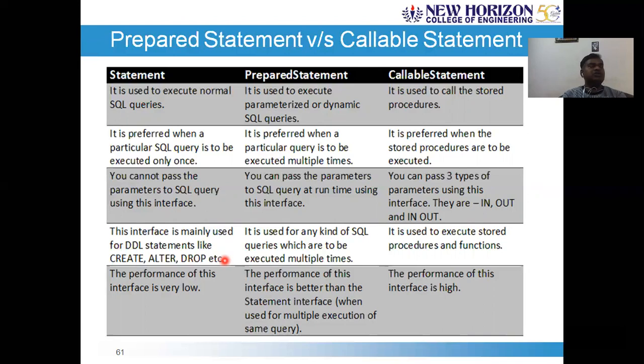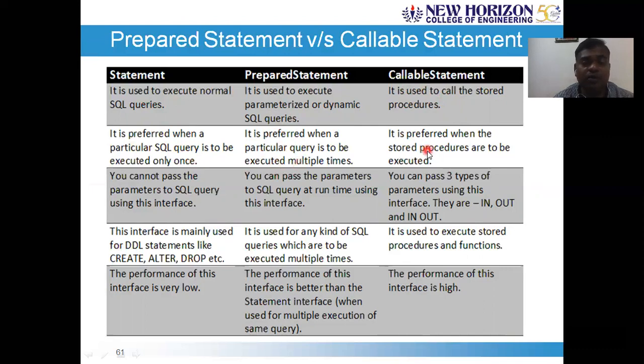Statement is used to execute normal SQL queries. Prepared statement is used for executing parameterized, dynamic or precompiled queries. Callable statement is used for executing stored procedures. Statement is preferred when a particular query is to be executed only once. When a query needs to be executed multiple times, prefer prepared statement.